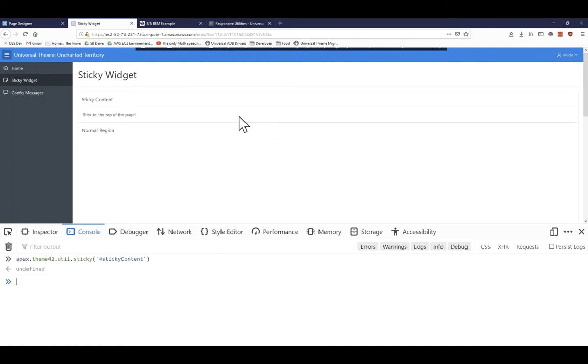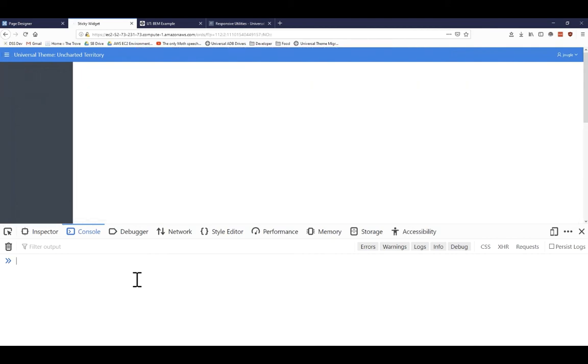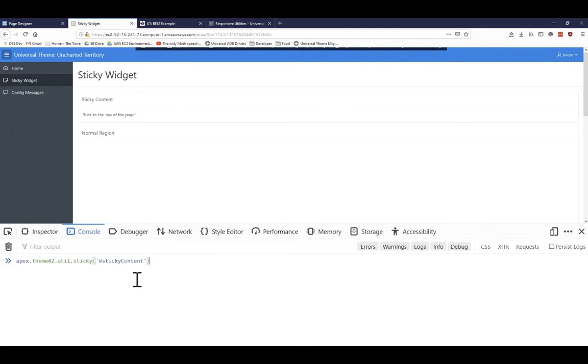This is normally used for region headings. You want to make sure that the heading sticks to the content, for reports and things like that. You want to make sure that they stick together. That's one way that you could use this. I don't really like just invoking it that way. Another way that I like to use Sticky Widget is I like to actually invoke